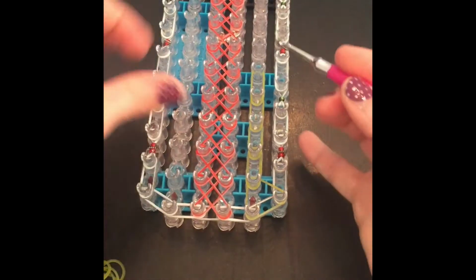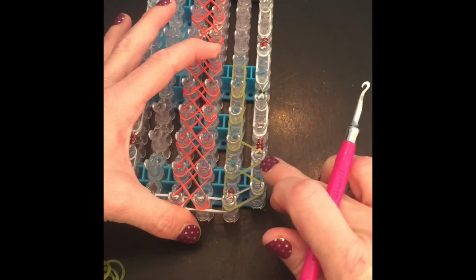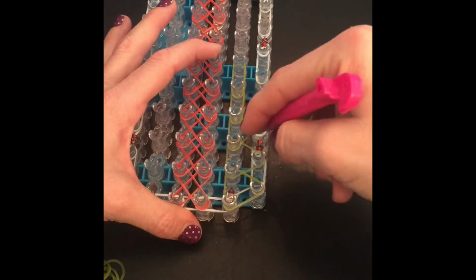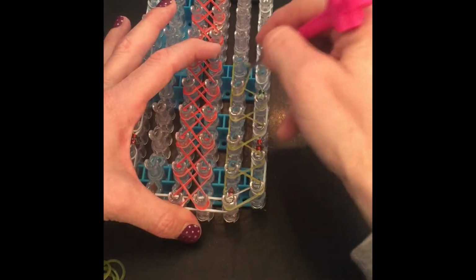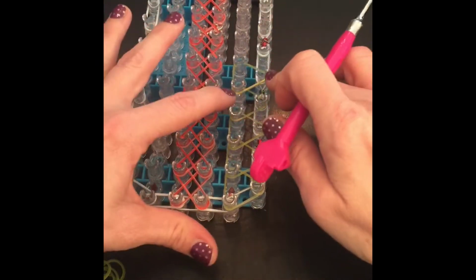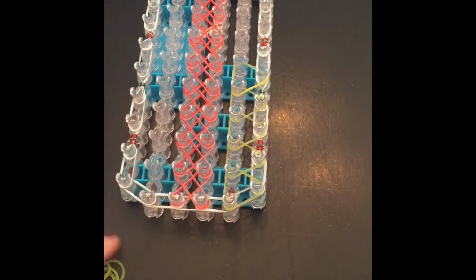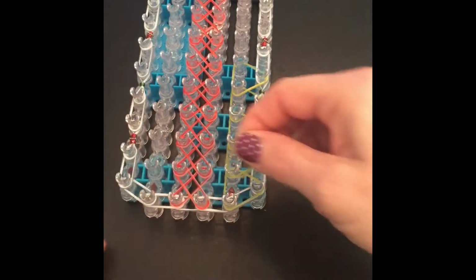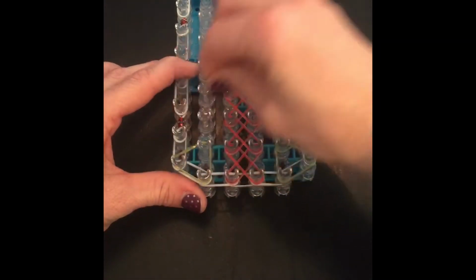And then what I do is I take my hook, and I just think it goes quicker. Well, you got to make sure your bands are pushed down, because I can lay a single band faster than I can make triangles. Okay, so you're going to do the same on this side, but you can either go like this,